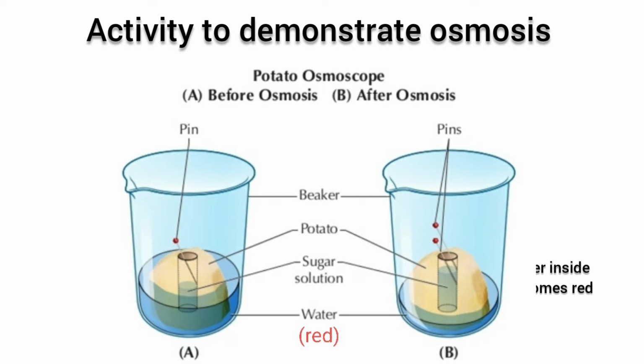Water molecules have moved through the cell membrane of the potato cells from outside to inside. That is, outside there is a higher concentration of water than the inside. Inside is concentrated sugar solution and outside is water concentration in higher levels. So water has moved towards the sugar solution. The cell membrane of the potato cells act as semi-permeable membrane.